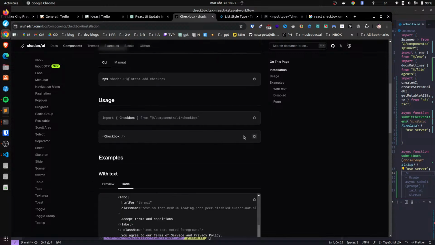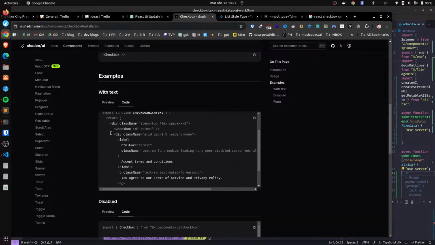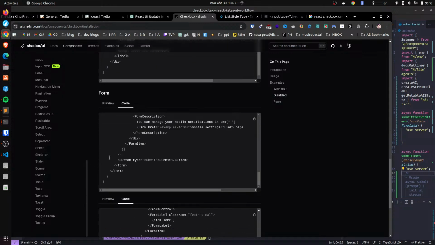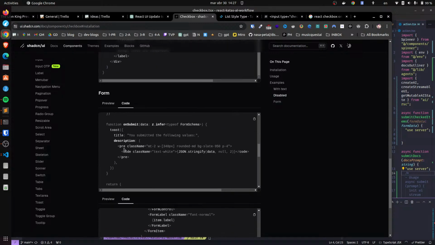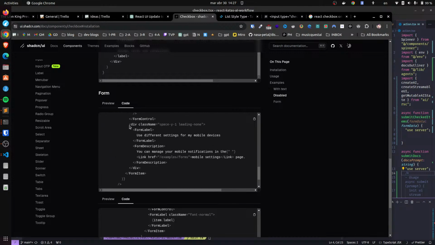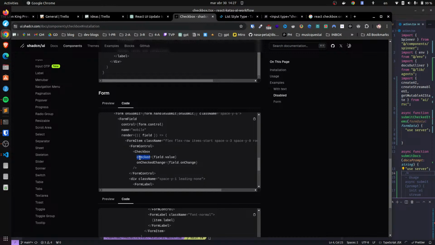Usage, import checkbox, and the checkbox examples, code, import checkbox with text, checkbox. Not useful. This is not useful either. Where is the checkbox? Where is the checkbox? Here, checkbox checked,